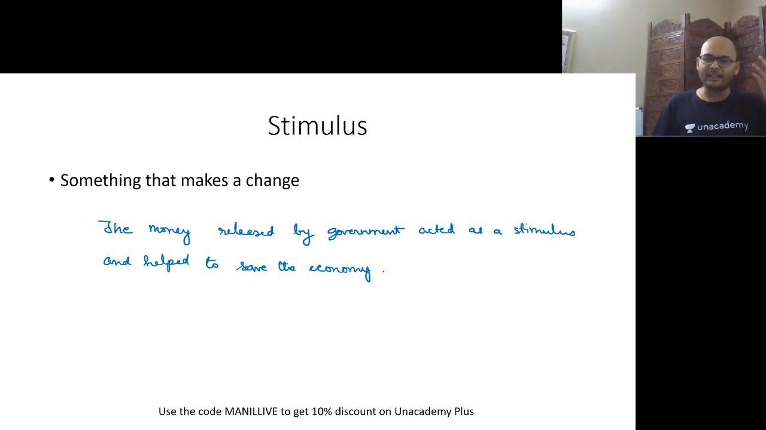Stimulus. Very interesting. We keep hearing this all the time when it comes to economy. Unluckily, economy is the most important thing and it needs stimulus at all times. So what is stimulus? Stimulus is something that helps you bring about a change, right? So in terms of economy,